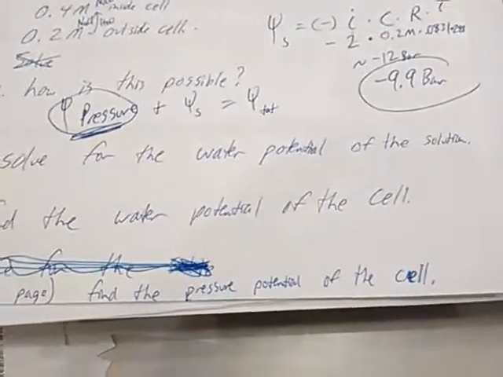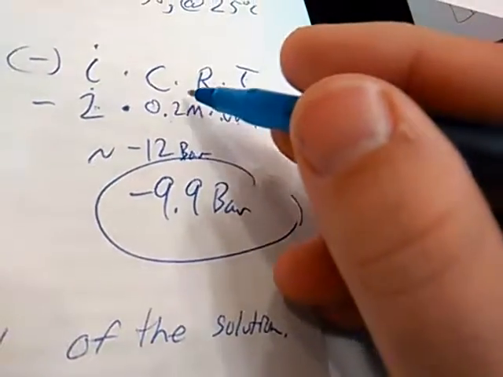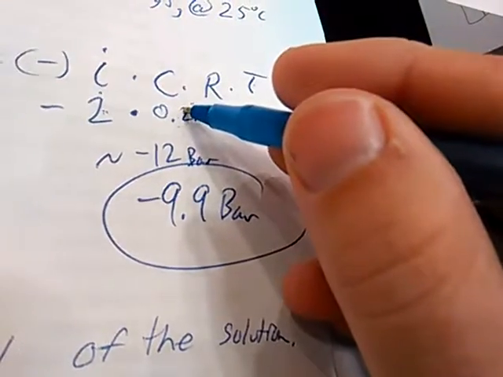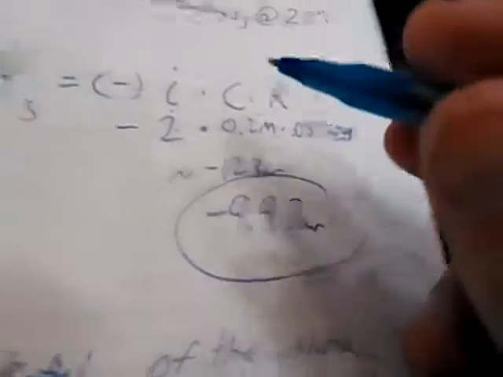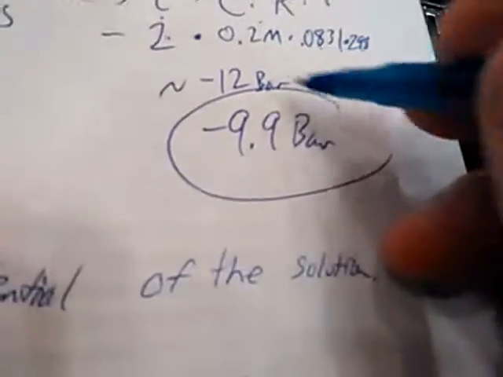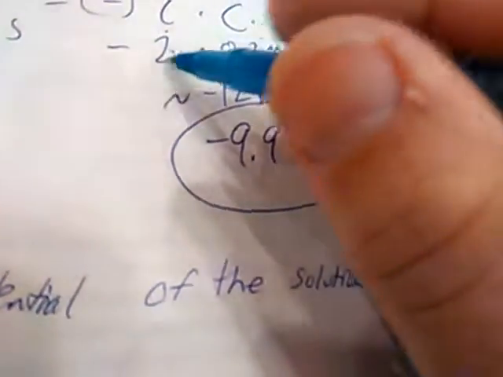All right. Find the water potential of the cell. Oh, of course. All right, so I've got to do the exact same thing again. The only thing that's going to be different in here is this concentration, because we still got our R value the same. The temperature is the same. We're still dealing with salt. So all we would have to do here is replace the 0.2 with a